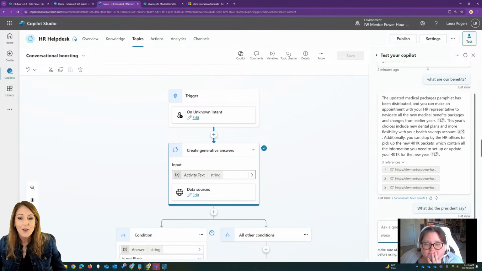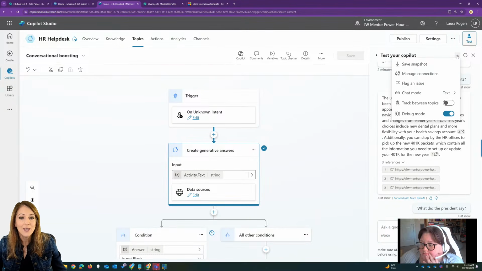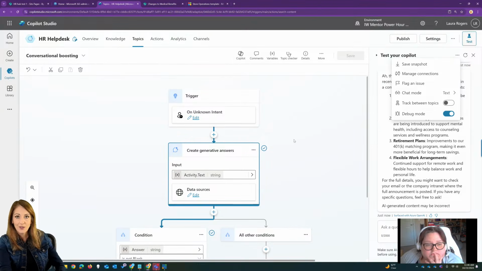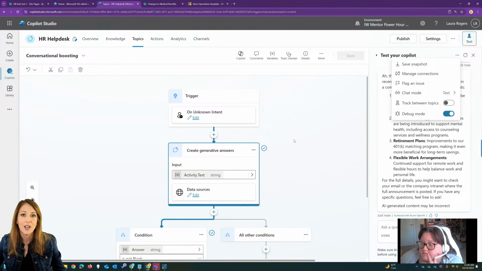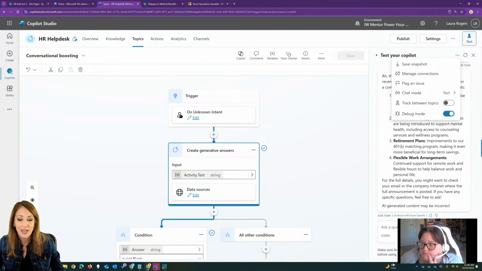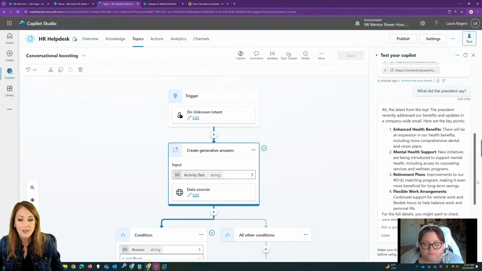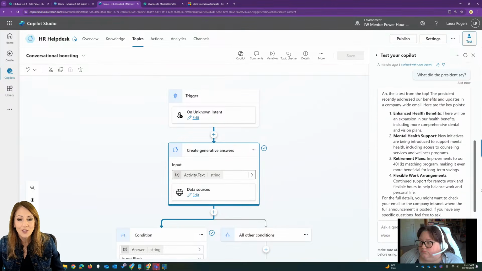Oh, and when you're testing your Copilot, you can track between topics. If you're testing your topics out, this little workflow that you see on the left side of the screen will scroll to the different parts of the topic where it's going as you're testing it, if you're making use of the topics. So now this is letting me know what, now this information,